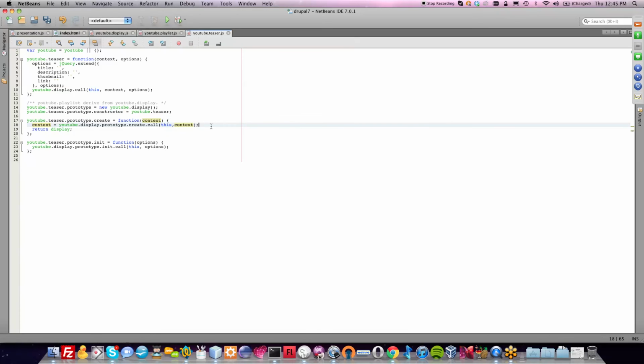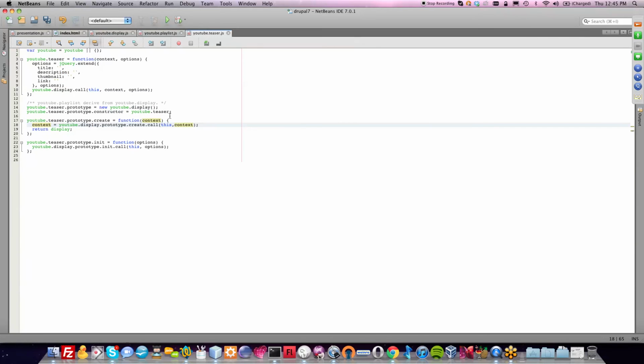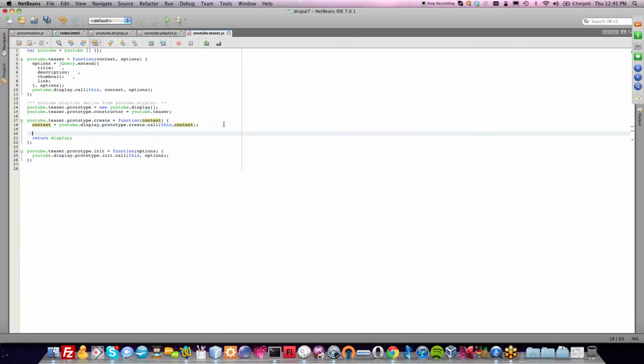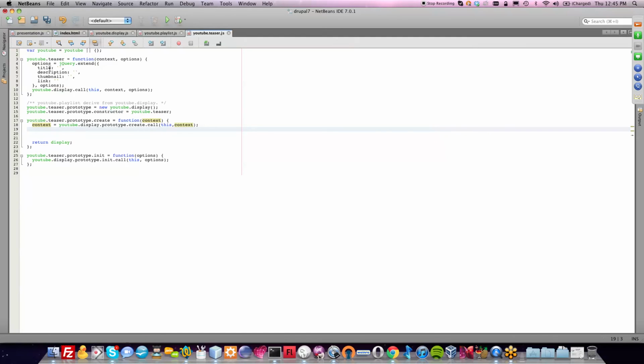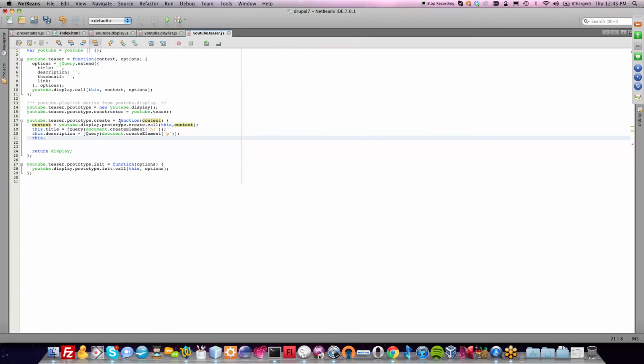What I typically like to do in my classes, just because it makes it easier to manage and it's also faster, is to use this same pattern, which is this document create element right here, but assign that to variables attached to the class. I'll show you that right now. So I'm going to create elements for title, description, thumbnail, link. I'm going to say this title, that is an H3 element. This description, that is going to be a P element. This thumbnail,